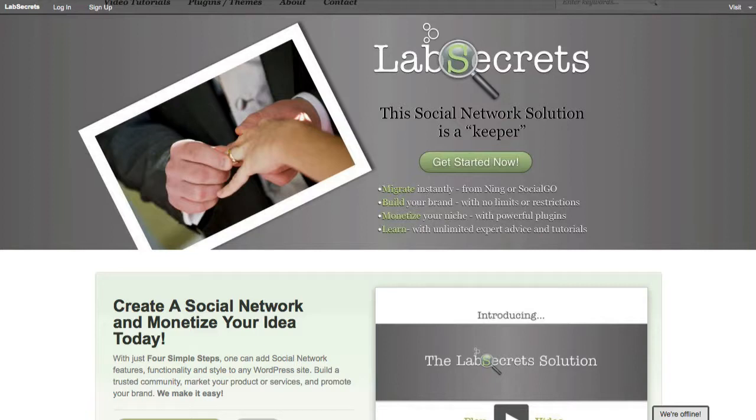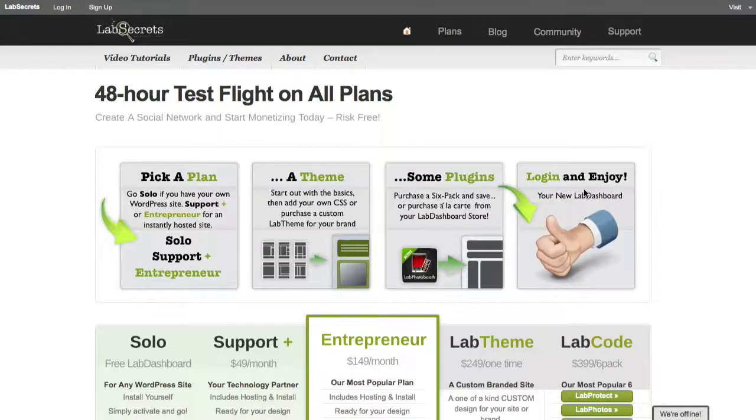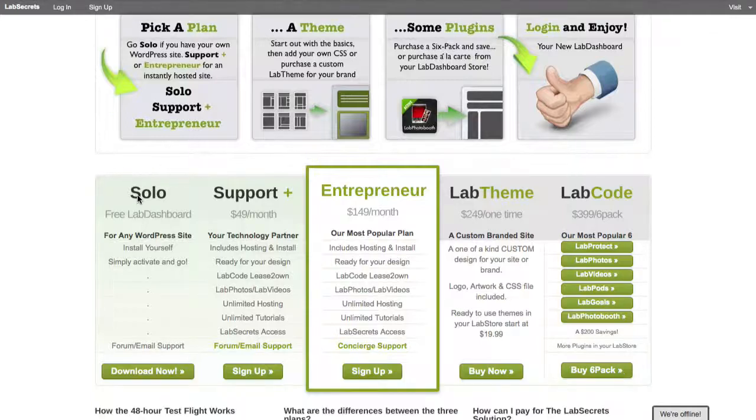The first step is to obtain your Lab Dashboard. By going to LabSecrets.com, as I have here, you can click on the Get Started Now button, and it'll take you to our Plans page. You can also click on Plans in the header. Once you're there, you'll see that you have a variety of choices, starting with whether to take the Solo plan,